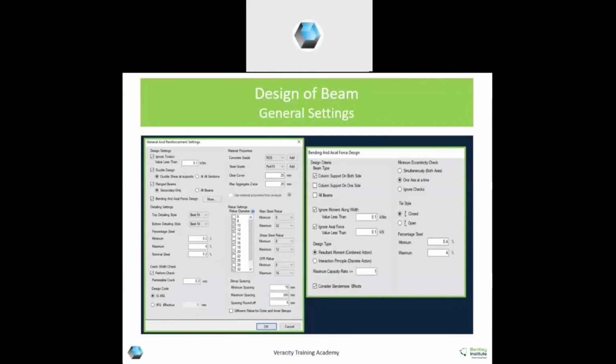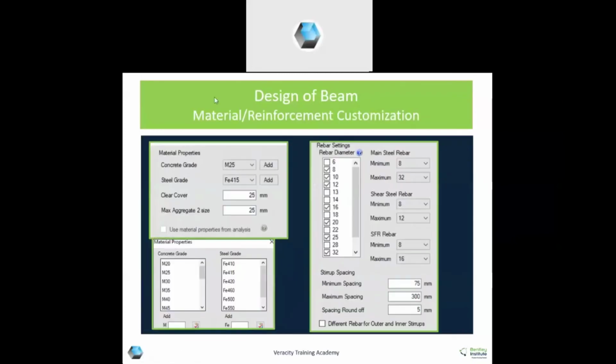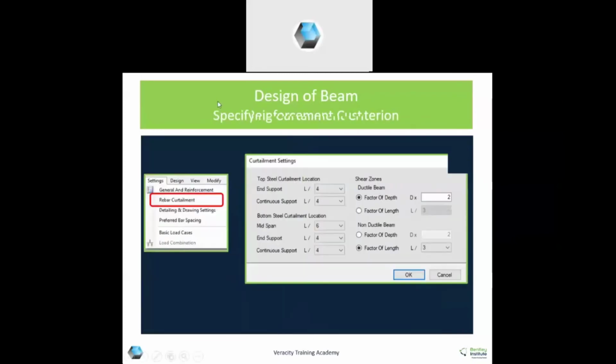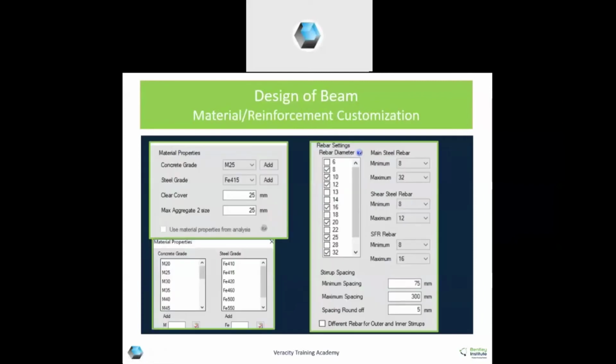Then design type, whether you want a combined action or interaction principle, that can also be chosen. Then material properties. Here also you can choose material properties from the already available material list, and you can choose the cover.